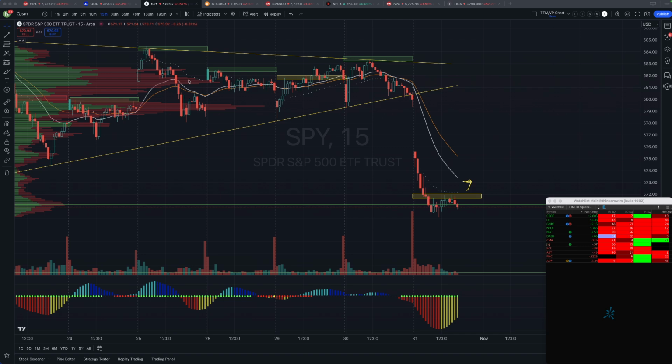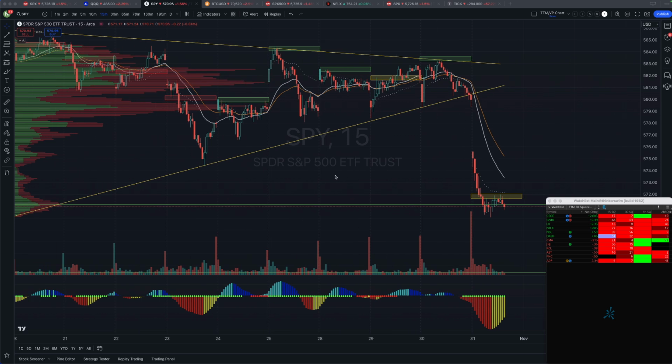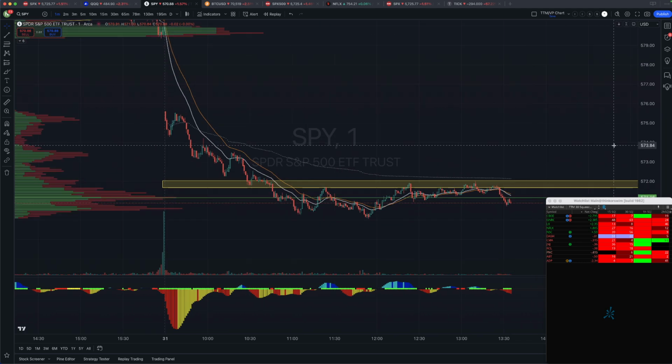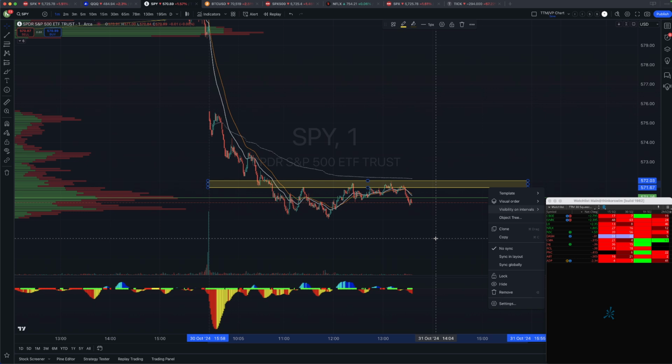I'm playing these on the SPX, but I'm charting them on the SPY, just because I had started doing that before. So the third and sort of final theta decay type trade is the iron condor. And the iron condor is essentially putting on both a call credit spread and a put credit spread, and hoping that the